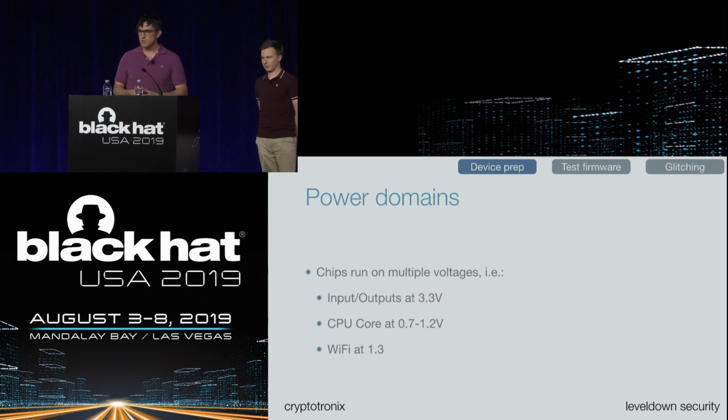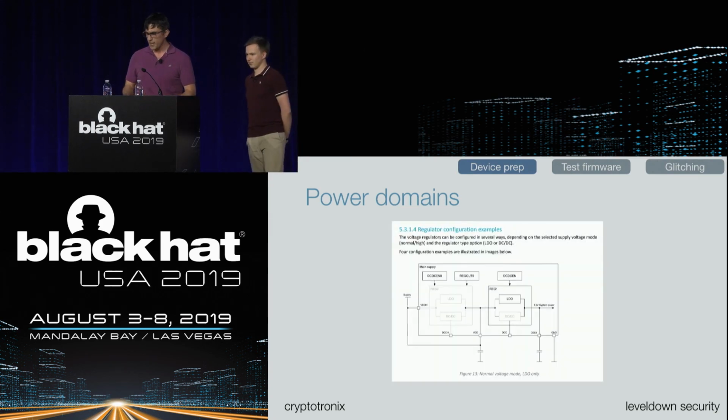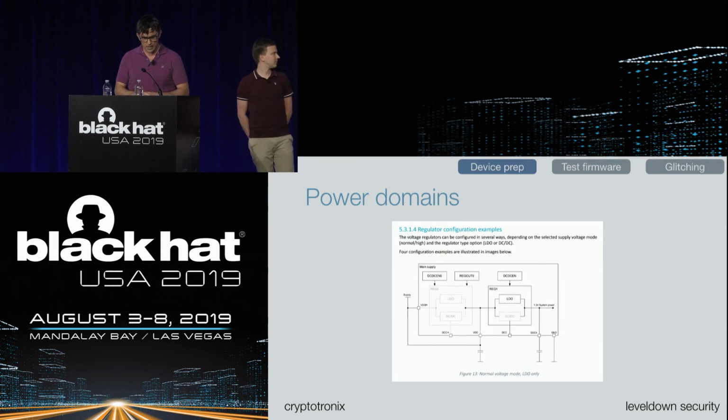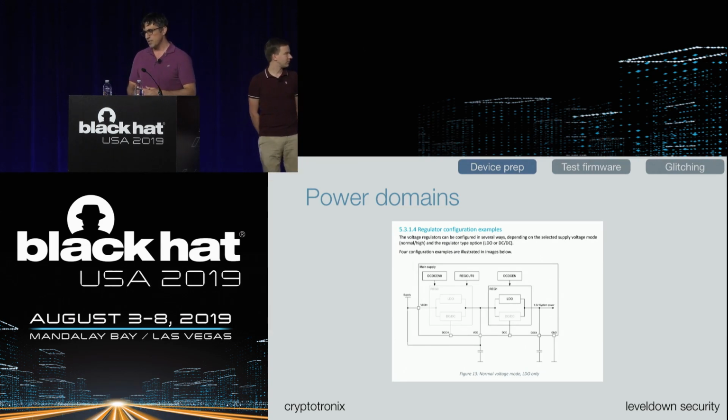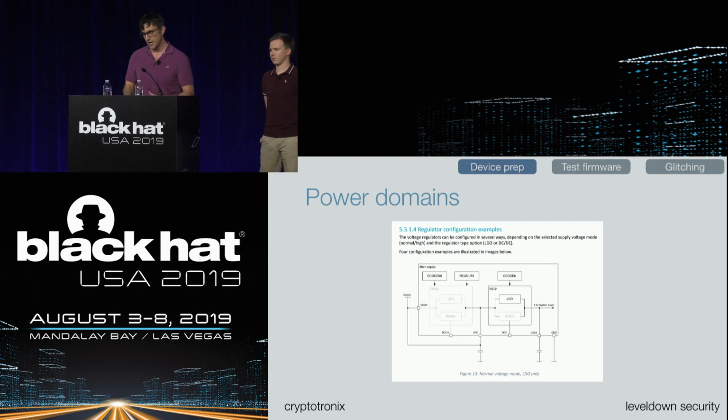Lastly, if there's a radio, like Wi-Fi or Bluetooth or something, that may require a different voltage. So all of this is just reconnaissance, trying to gather information about the chip we're trying to understand the power domains. So if we look at the data sheet, we may see something like this. This is the nRF52, I believe, which is a popular Bluetooth chip found in many IoT devices. And this is just a diagram explaining how some of the internal power circuitry works. And this is really useful because we are going to need this information to help build out the glitcher.